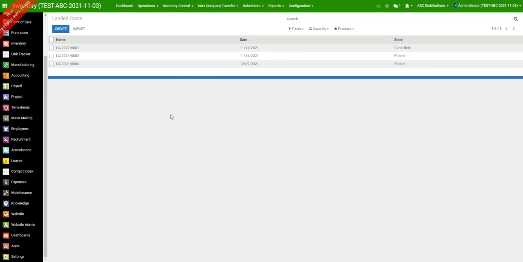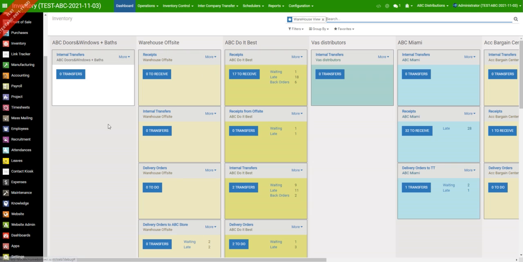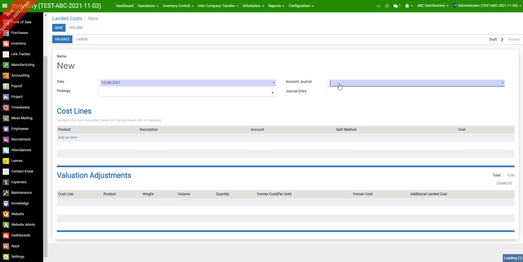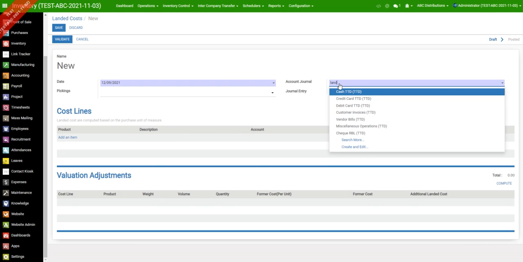Create a new landed cost. So we come here, if we start here at the inventory dashboard, we come here to inventory control, landed costs, create a new one, select the journal, which is landed cost,